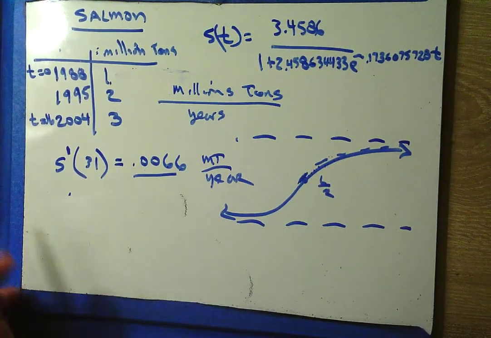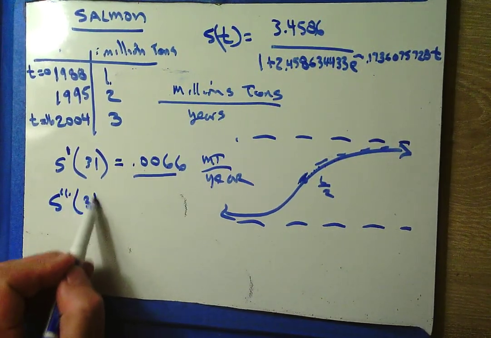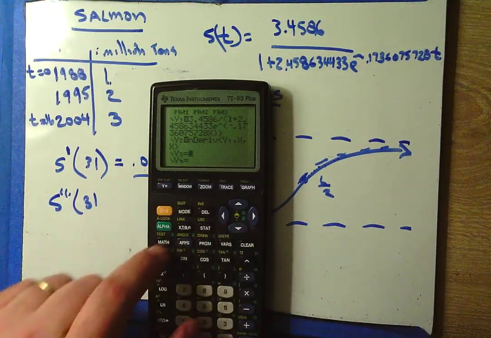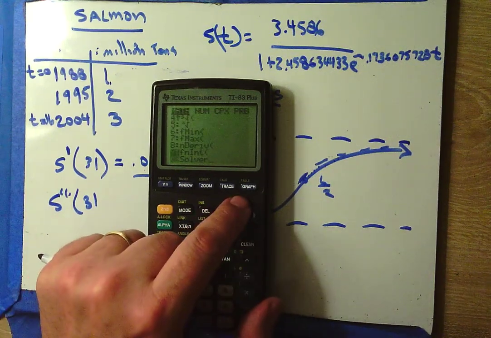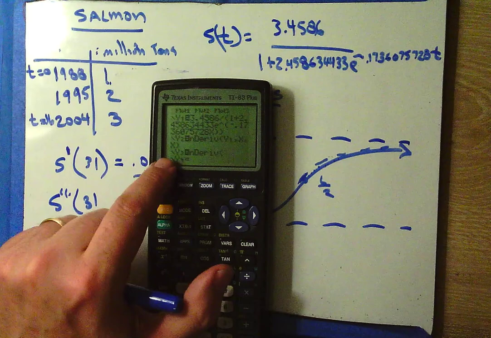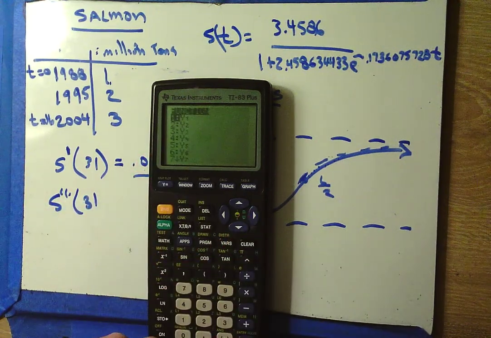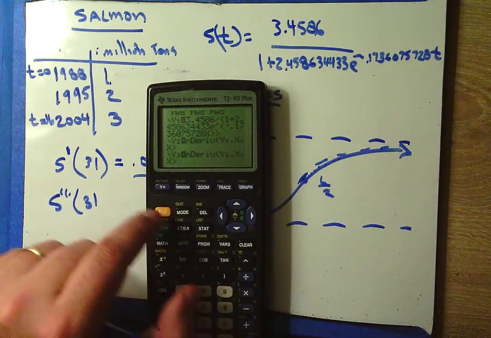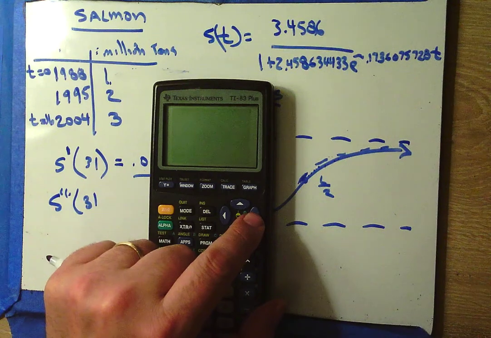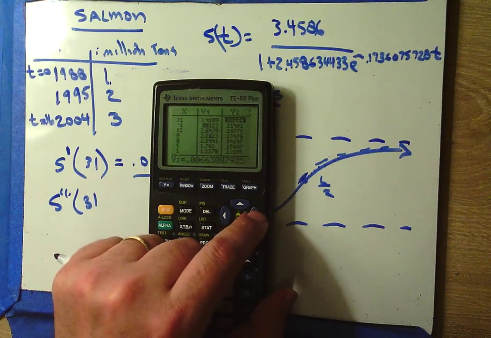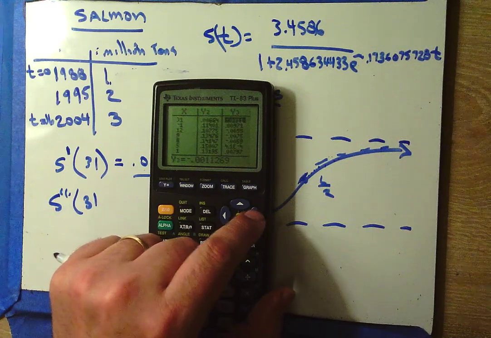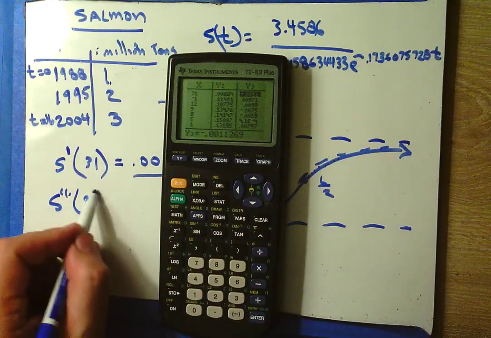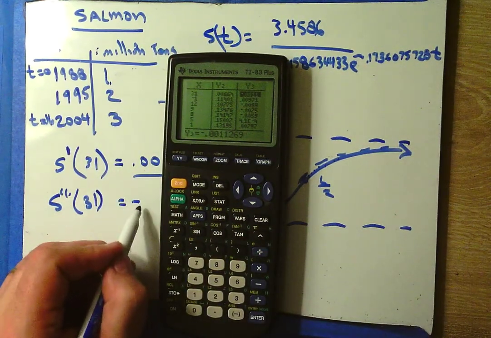Well, let's take a look at the second derivative. S double prime of 31. To figure that out, we're going to go to y3 and do nDeriv again. But this time we want the derivative of y2, not y1, with respect to x. Go back over to our table and scroll over. There we go. And so I see that y double prime of 31 is negative